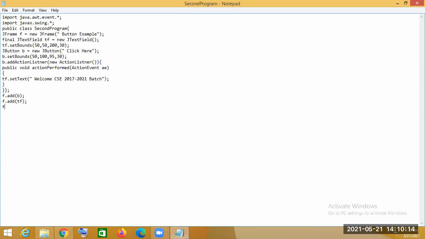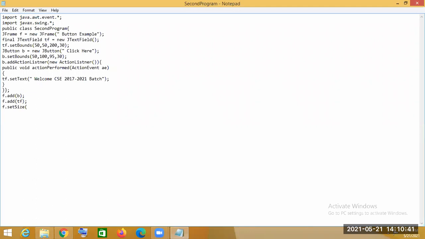Then we will call f.setSize. We have already set the position of our button and our text field, and now we have to set the size of our frame. First we set the size of our frame.